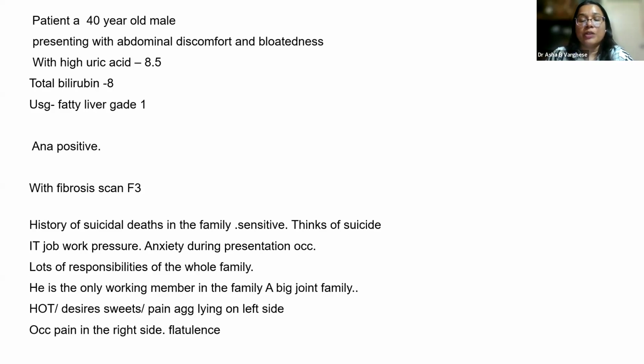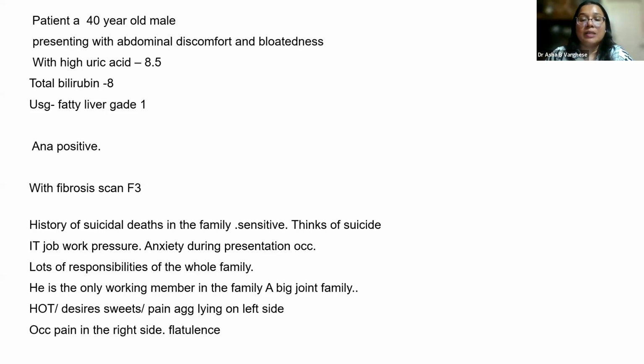Rest of them, a few of them are into farming and all this stuff. He takes care of the father, mother, his own family, and his extended family also. It's a big joint family. So he's the first educated person out of the family. Now what happens is there is lots of responsibility, and there are people who are working, but sometimes they put loads of responsibility on his head.